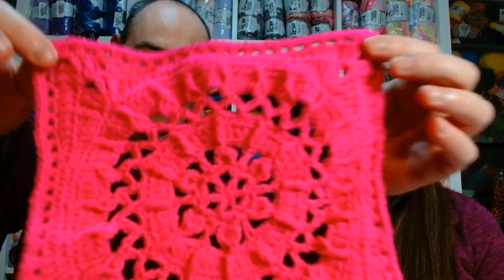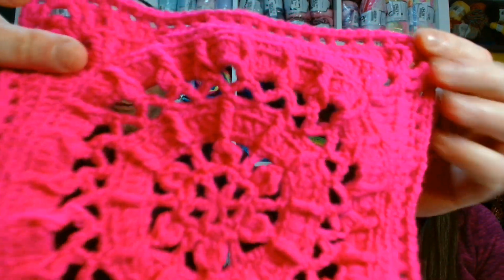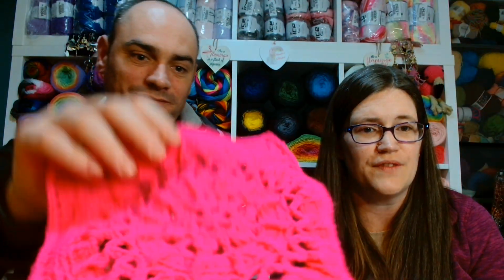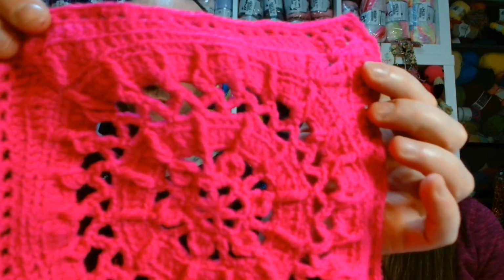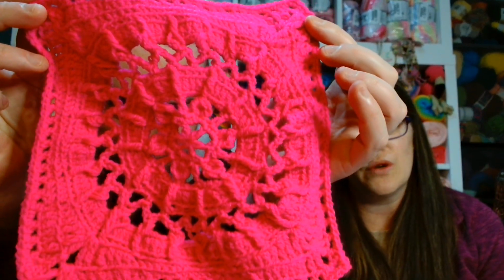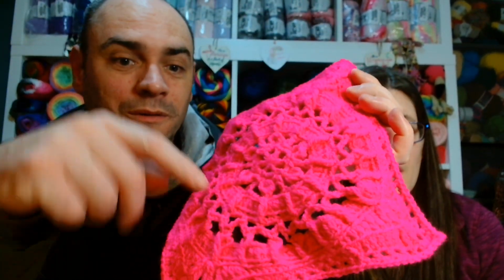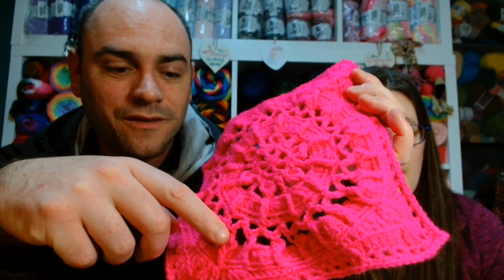So Mike, if you want to show them yours, are you ready? Little snippet. Little bit of pink. Yeah, he used a very hot pink. So as you can see, the stitch definition is absolutely fine. You can see all of the different stitches quite well. It does work in a solid colour, but how much more interesting would that be if there were more colours thrown in there? See, what I was saying was to the edge of this,